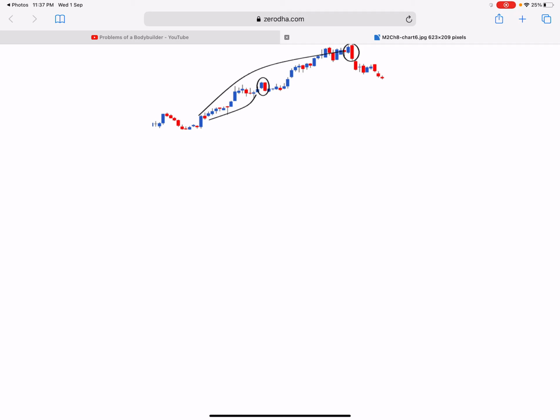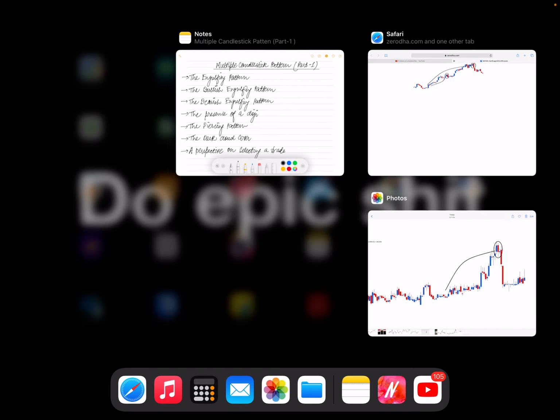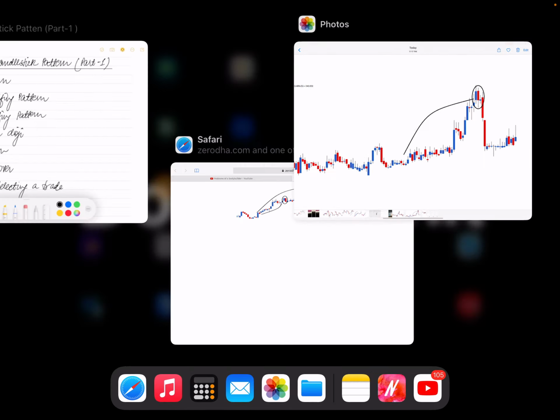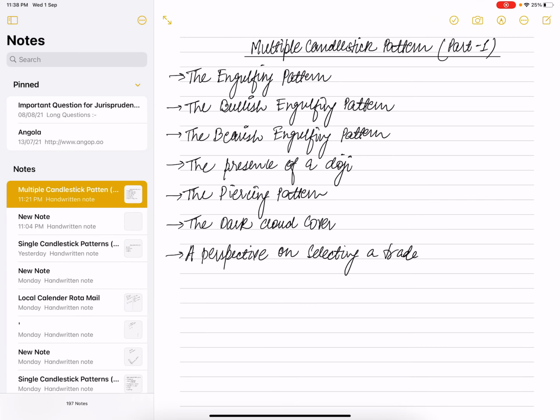However, the risk averse would have completely avoided taking the trade. The second bearish engulfing pattern would have been profitable for both the risk taker and the risk averse. The OHLC data on the bearish engulfing pattern encircled at the top end of the chart is as follows: P1 open 214, high 220, low 213.3, close 218.75.